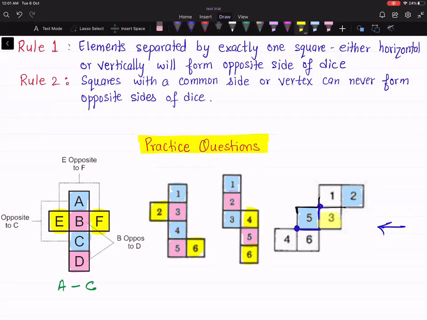Okay, let's do it again. If I'm interested for number 3, right? If you see number 3 is sharing a vertex with number 2, right? And it is also sharing a line with number 1. It's sharing a line with number 5. It's sharing a vertex with number 6. So only possibility is 3 is in pair with 4. Pair means opposite pairs. Now opposite to number 1 is the only possibility, that is number 6. So you have got the pairs which are forming the opposite sides.